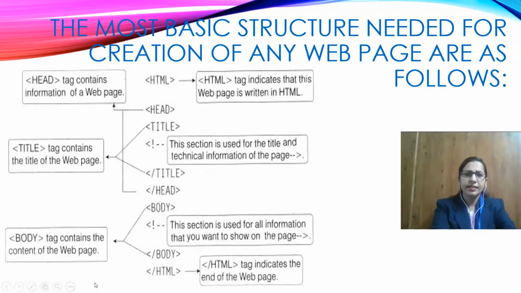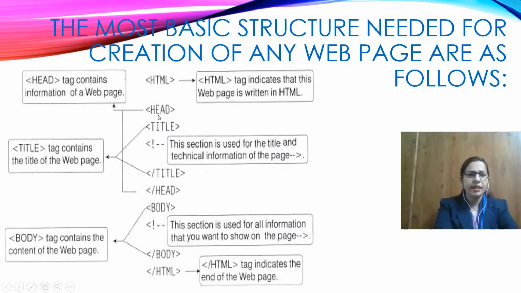Okay, and next you can see that last one, this is the ending tag of this. Okay, so opening tag, and this is the closing tag. Okay, starting tag, and this is the ending tag. This indicates the end of the web page. Okay, next thing, in between the HTML tags, a variety of tags we can write. First is the head tag. In the head tag you can see this is the starting tag of head and this is the ending tag of head. In between these tags you can see a title tag is here.